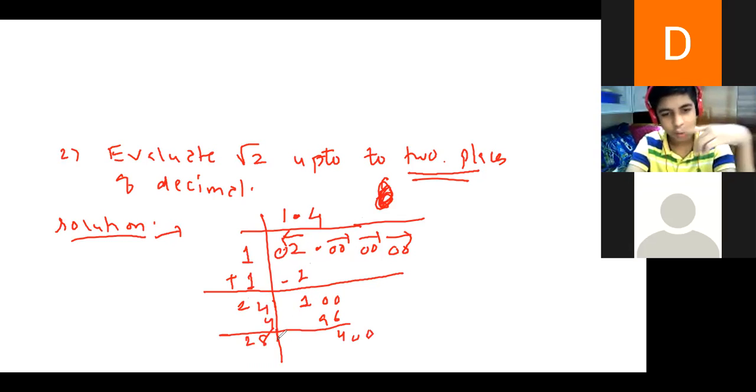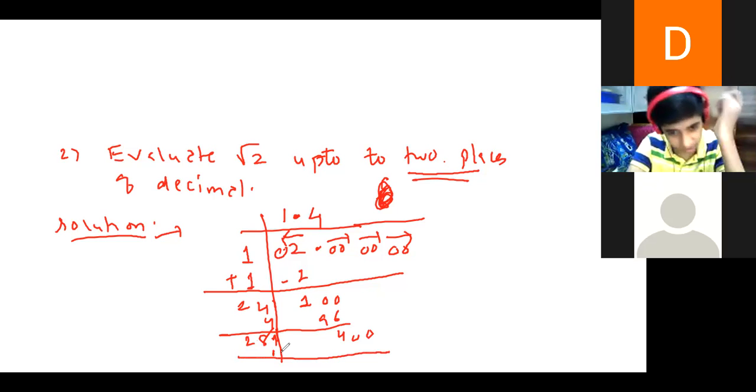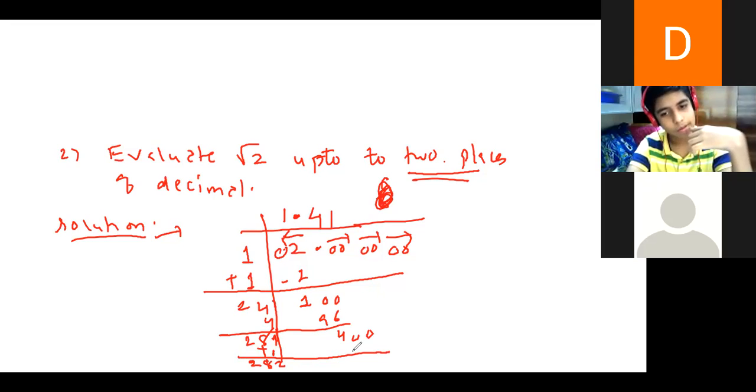If you take here 2. 1, no, 2 will be larger. 2 will become large. 1, 2. Because 2 will become 28 into 2, 56. Na? 2 digits. So this is 2, 8, 2. Here 1. That means what we are getting? 2, 8, 1. So 10 minus 1 is 9. 9 minus 8, 1.